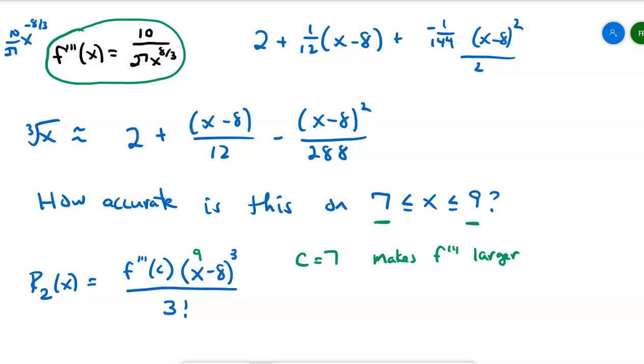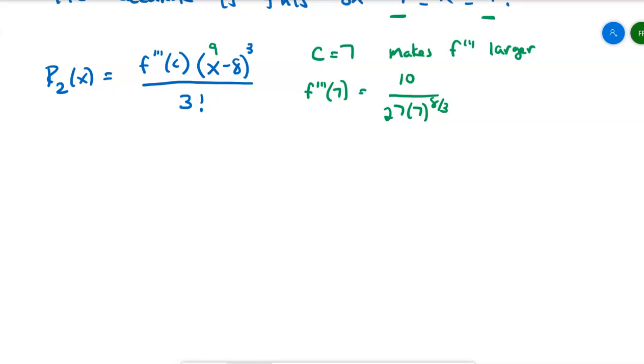So when I calculate this, that third derivative, f triple prime of 7, will give me 10 over 27 times 7 to the 8/3 power. Okay, let's assemble that and see what number I get. I claim that the remainder, stopping at 2 terms, is 10/27 and then 7 to the 8/3 times 1 to the 3rd